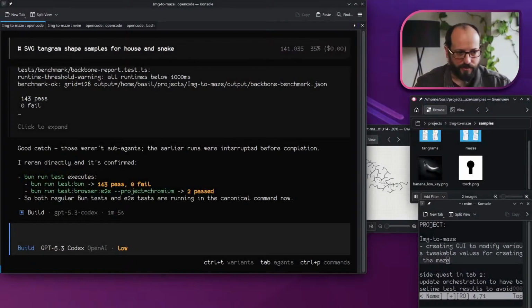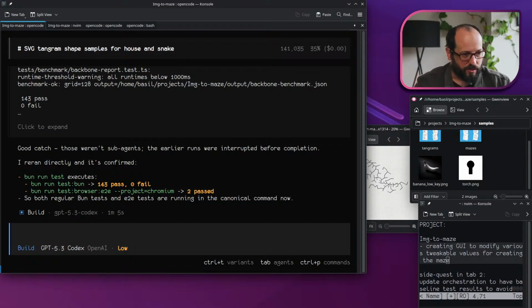And then on side projects, we're actively using that plugin to make sure that it works the way we want and that it has the benefits that we want. Yesterday, we were doing just two activities, one side project and one Context Bonsai. One of the side projects was the image to maze project, where we feed an